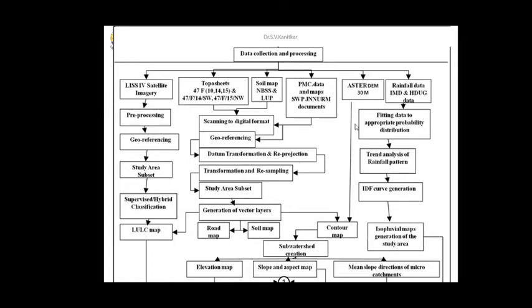So likewise different data is processed. So finally you have this elevation map from contour, slope and aspect map, so that you know how the flow is taking place. And in addition to that, based on the digital elevation model, and into that the micro catchment, for a particular storm drainage network, you can also have mean slope directions. That means it will indicate, for a small micro catchment, what is the actual direction of flow over the terrain.